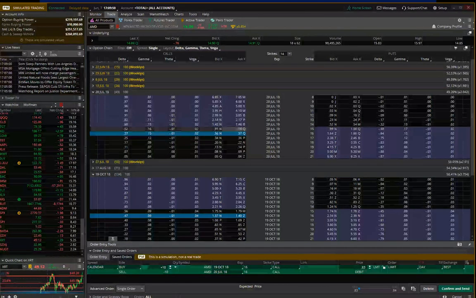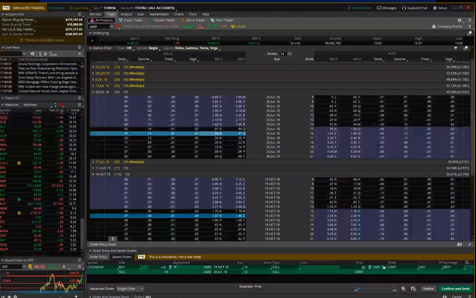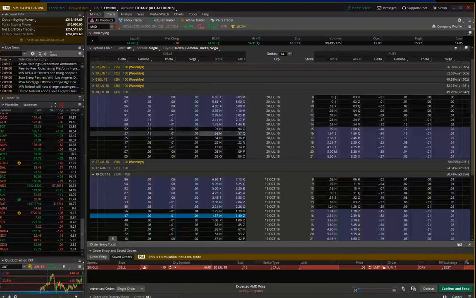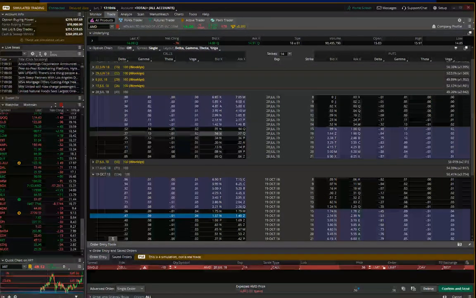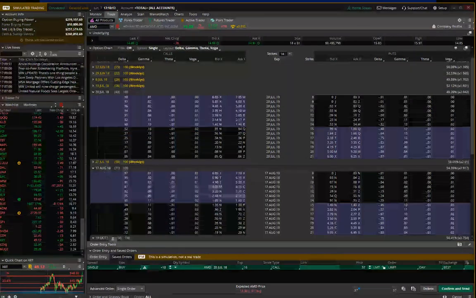Now, hopefully that 30 delta option is going to be a couple of ticks higher though, right? Because the market's moved up and we're able to take this one that we were short. If we were short this option and it's decayed to that level, it's about 7 days to go. Okay, I need to make a move to roll this. Well, then what you would do is you just buy this one,